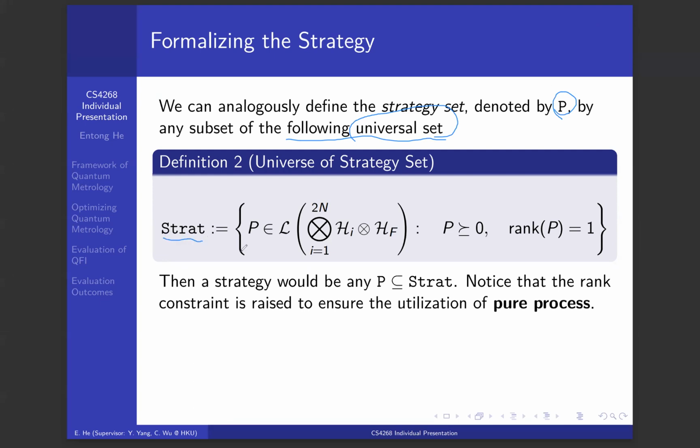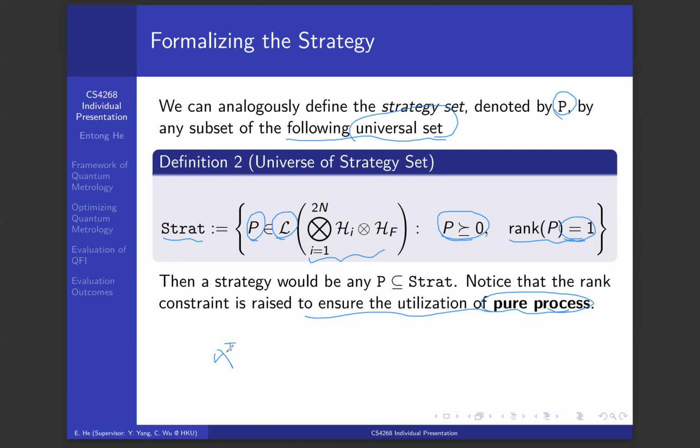The strategy is any operator P belonging to the space of linear maps on this joint space, where each operator P is semi-positive definite, and each rank of P equals 1. So the rank constraint is raised because we want to ensure the utilization of pure processes. So we are not considering a mixed process, a mixture of